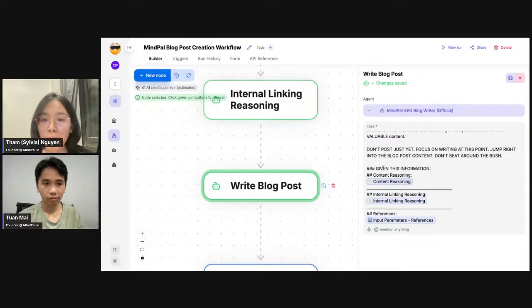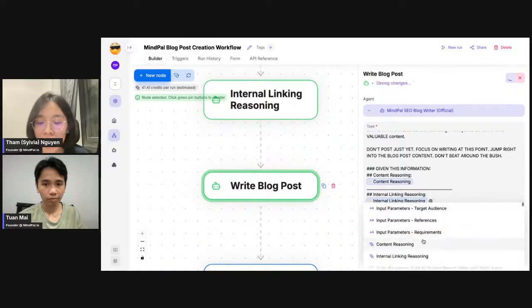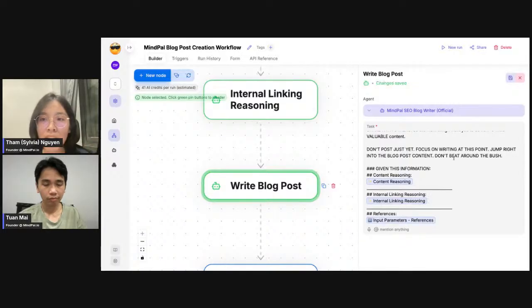In this case, this agent right here doesn't have to do all the content reasoning and internal linking reasoning again, because we already did that in the last two steps. So all you need to do is to mention the value of the content reasoning and internal linking reasoning steps here by pressing add again and selecting any of these values, so that this AI agent can check back these results